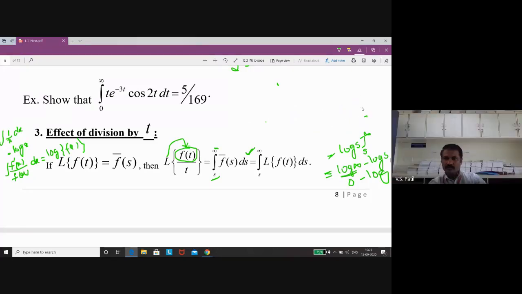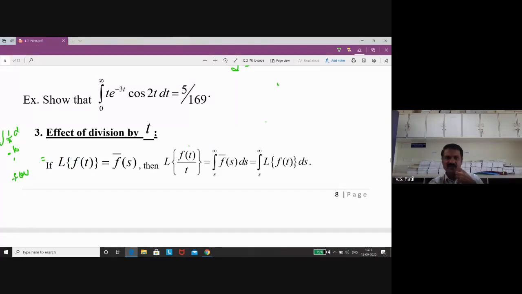What you need to remember is that multiplication by t means differentiation in case of Laplace transforms. Divided by t means integration. Now you may ask, sir, we have taken t raised to n there, why here only t? I will give one simple example. If it is a Laplace transform of f of t divided by t square, from this you can decide why we are not taking t raised to n. If you divide it by t, one time integration. If you divide it by t square, what you have to do? You have to double integrate it.